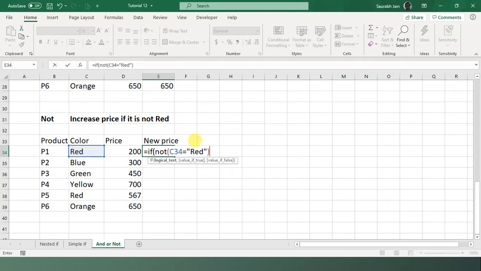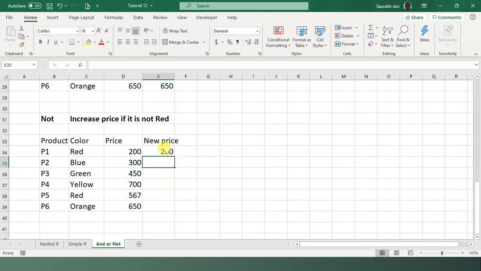So look, it will be true when it has colors other than red. So I say comma, this multiply by 1.1, else this. Let's see.